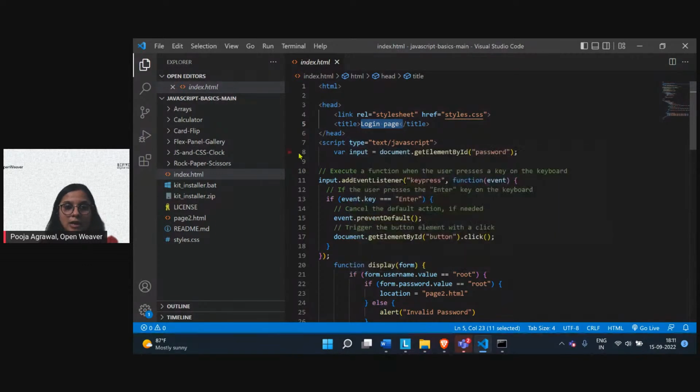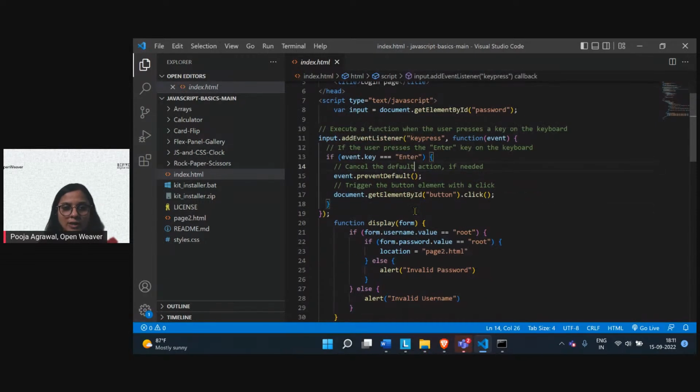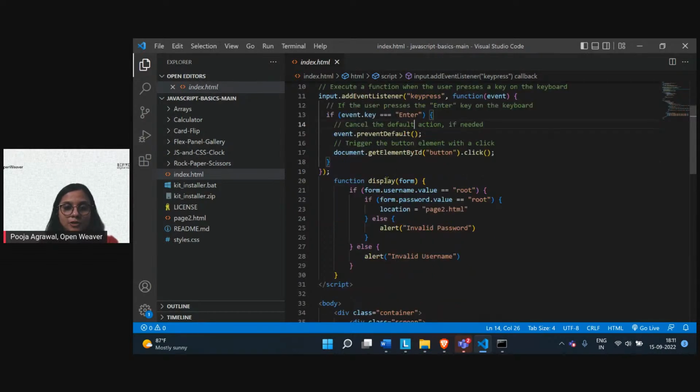script tag, and we are saying we want to get elements by id for password. We are using an inbuilt document function, within which you have different functions that you can use. We are using get element by id so that we are able to fetch the password. We have added a form. If you see, there is this form, and within that form I want to fetch the username as root. I've hard coded it, and if the value of the password is also root,